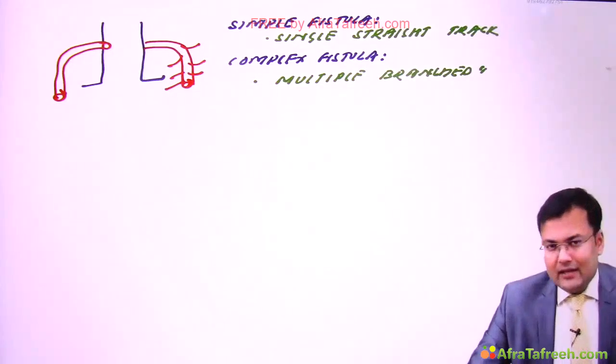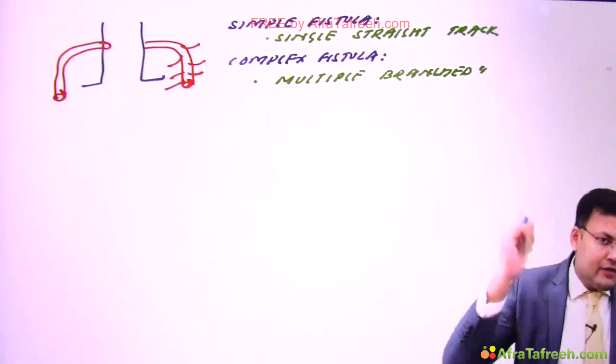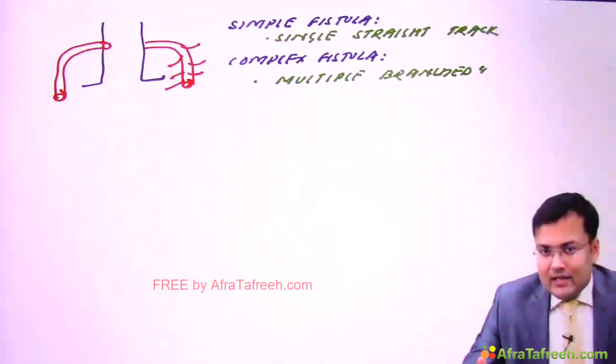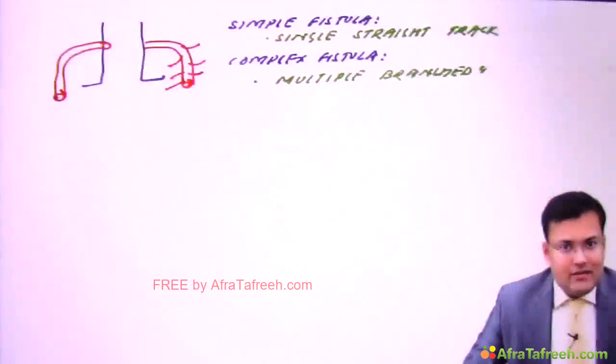After that, there is another definition: high-lying fistula and low-lying fistula. This is in relation to one structure, and that's known as the anorectal ring. It is in relation to the anorectal ring. This was asked many times in exams in anatomy as well as in surgery. So first you should understand what are the three components of the anorectal ring.